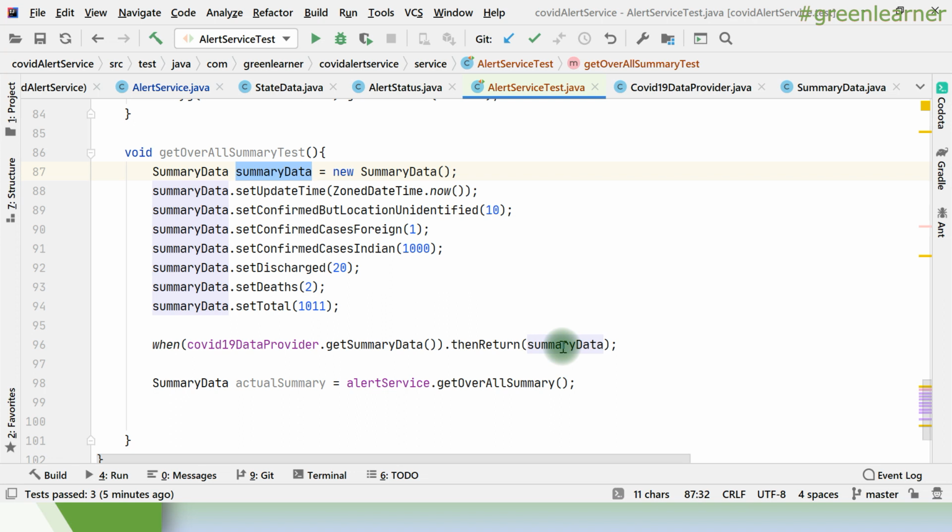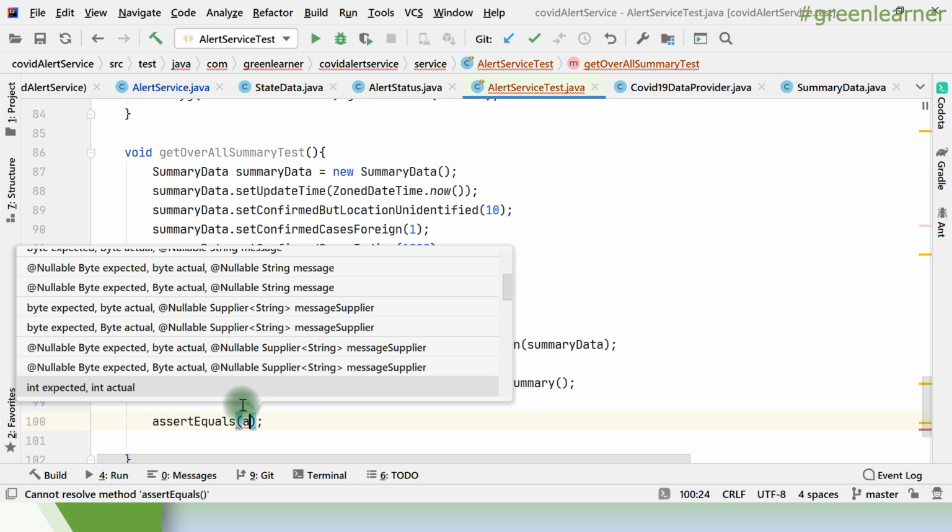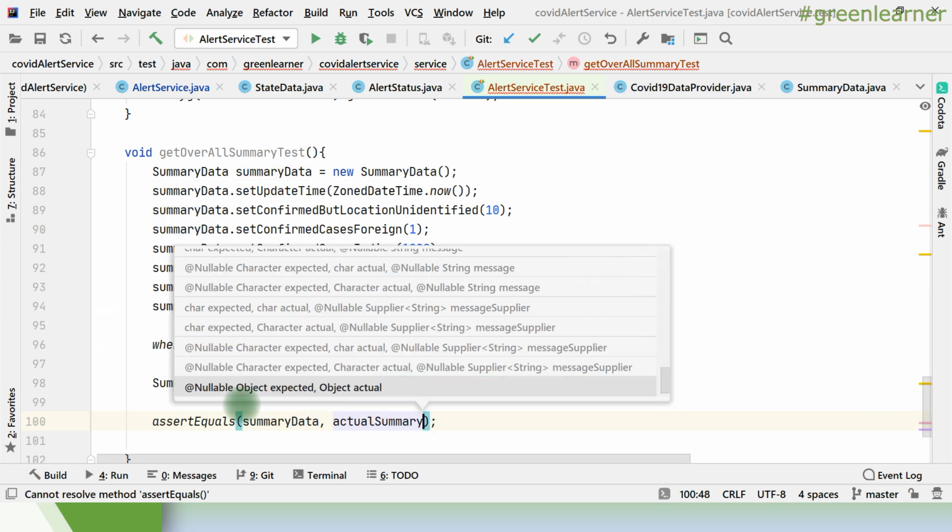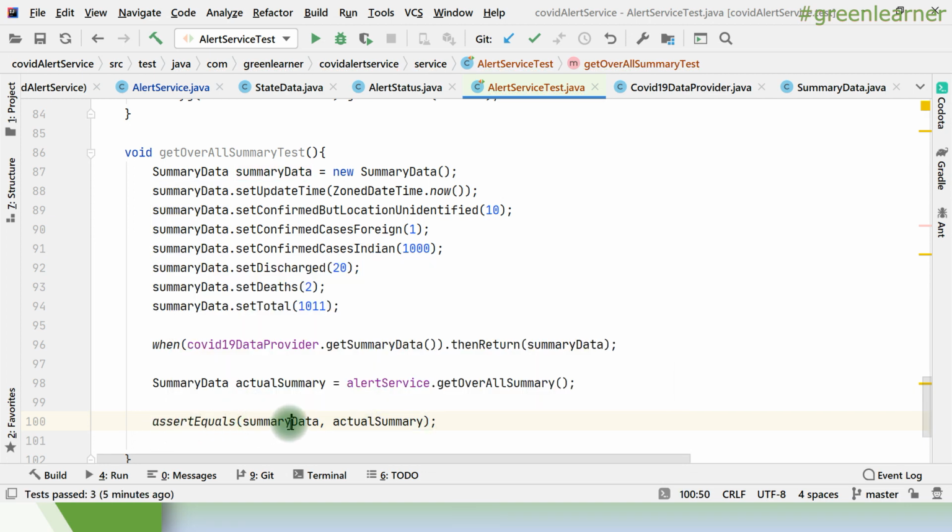Whatever I have set here must be returned from here, right? So just compare this one, assert equals, this is the expected one, so we are just putting summary data, and the actual summary data. So this is the expected one and this is the actual one, right?